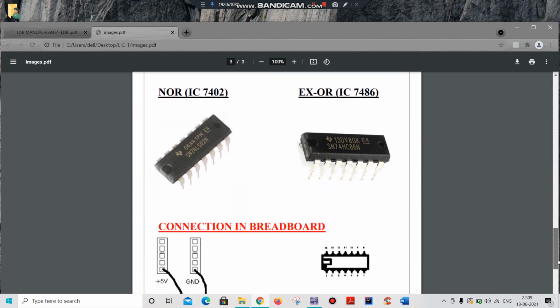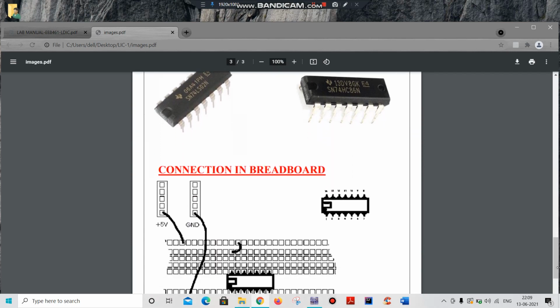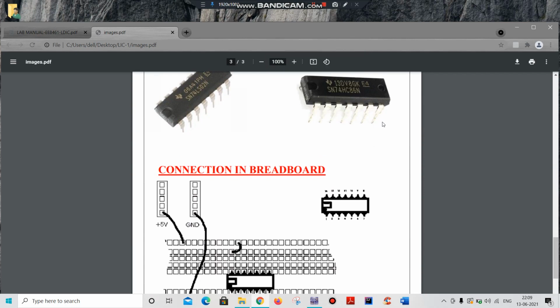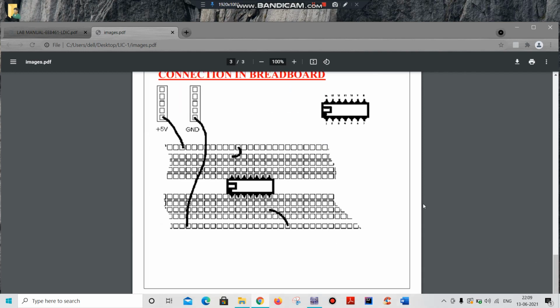Okay, if you want to construct a circuit, we need to place this component, that is the IC, in this manner. You can place this IC on this breadboard in any manner, horizontally or vertically. Here the IC will be placed like this.